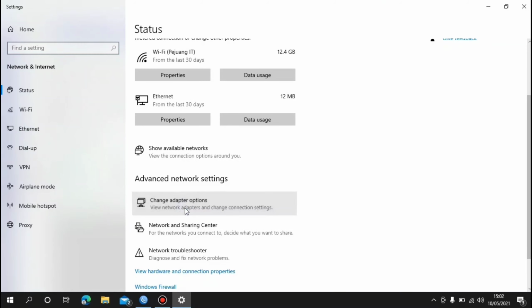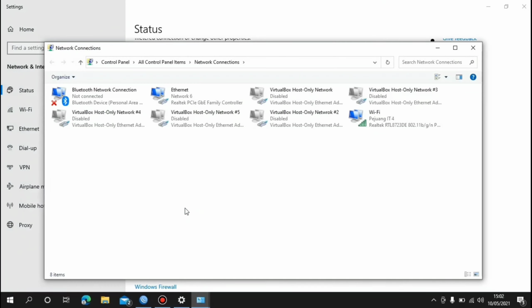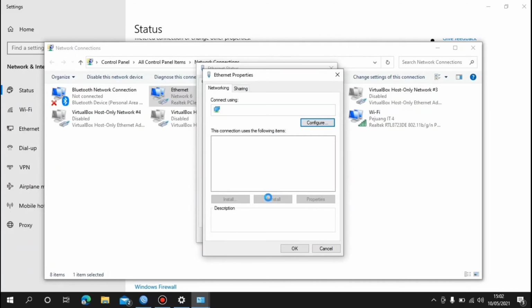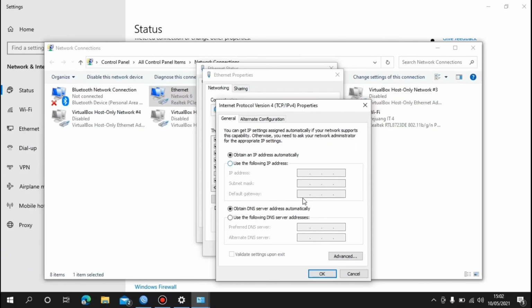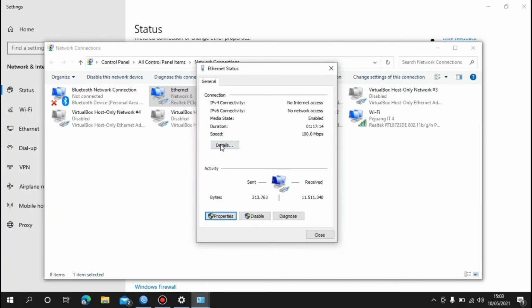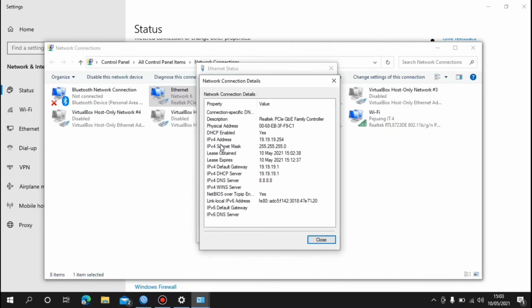Open change adapter, and go to Ethernet and make sure the IP address setting is set to obtain automatically. Click OK, and click details. And we can see the client one got IP address 19.19.19.254,